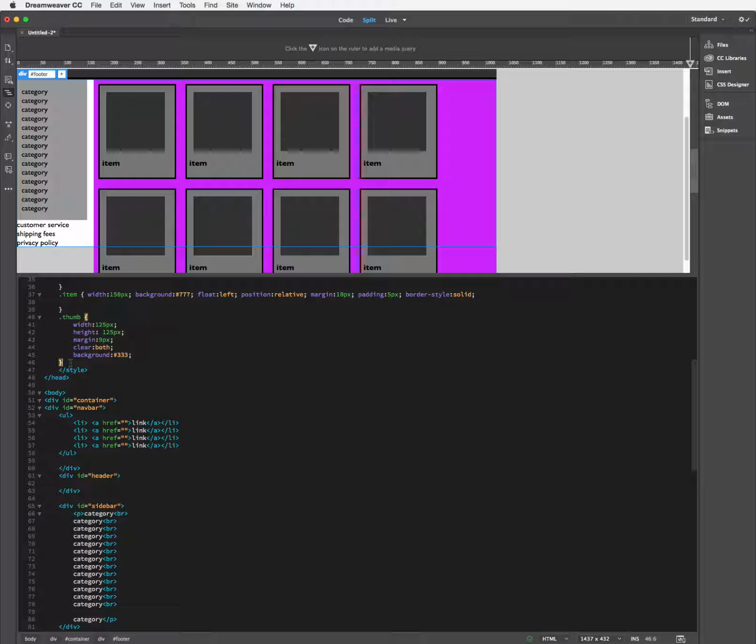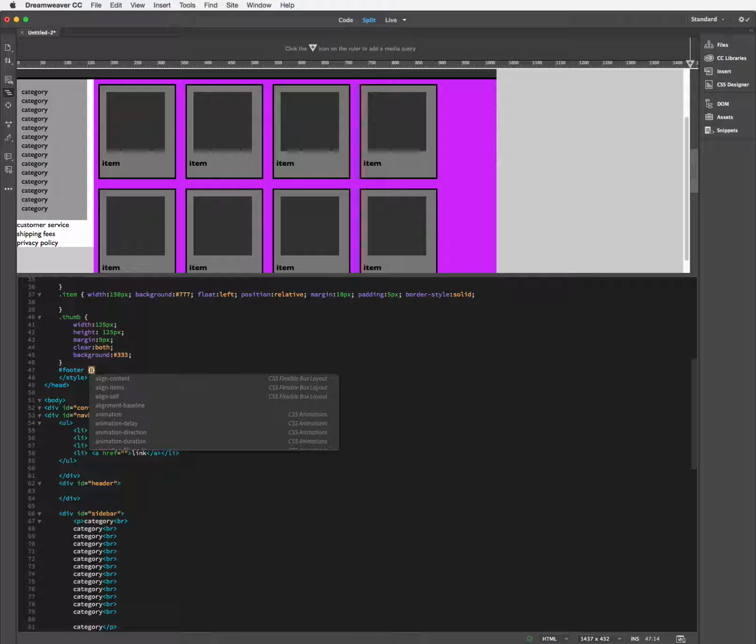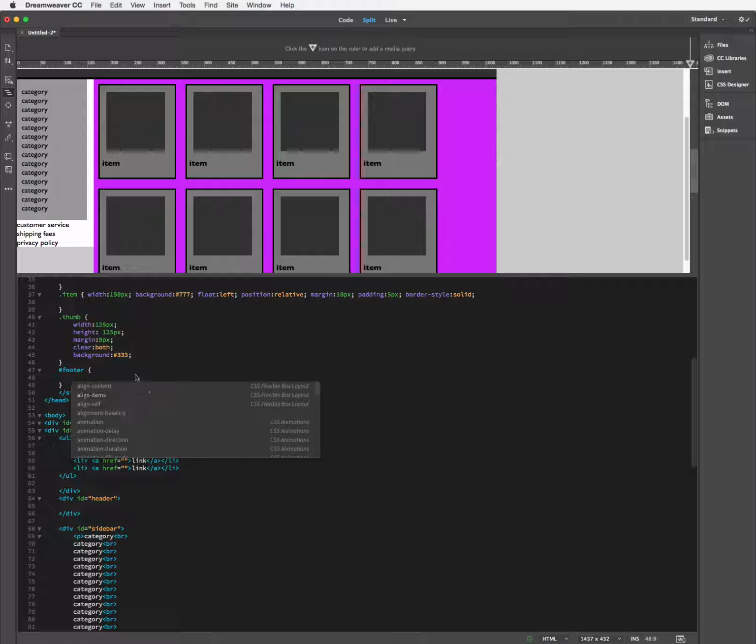And that's going to be the last style I put in there. So hashtag footer, and I'm going to put in my curly brackets, hit return,